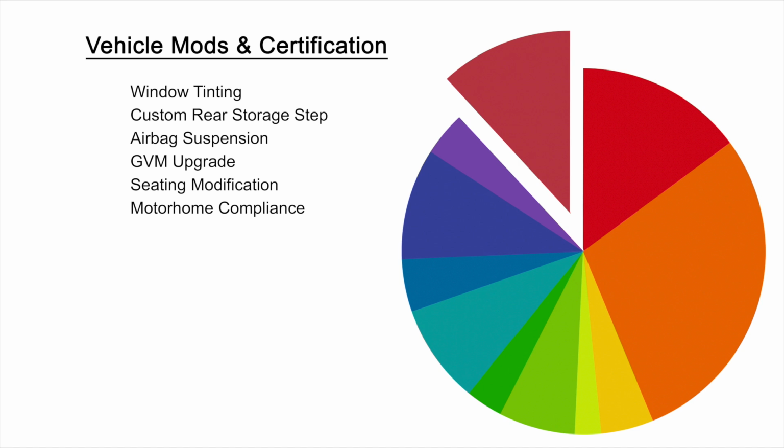And finally, the cost of the certification that I had to get when I pulled out all of the bus seats and converted it from a 21-seater bus to a 2-seater motorhome. So it was the mod plate and the certificate for the seating change and the motorhome compliance paperwork and the certification that allowed me to register it as a motorhome. And I paid a bit under $500 for all that. So all up for this, I paid